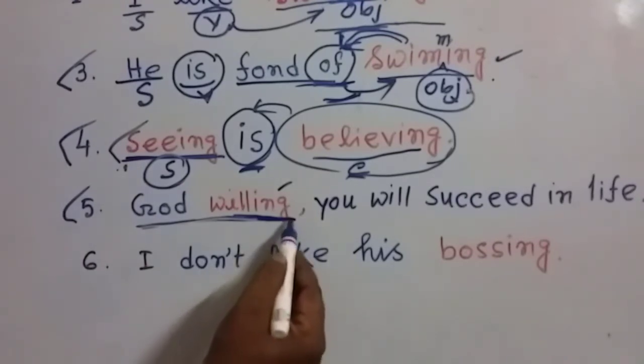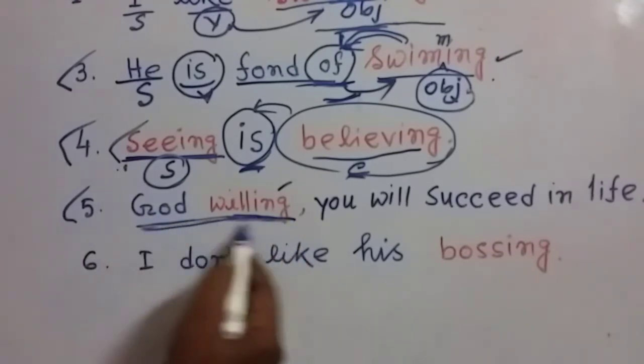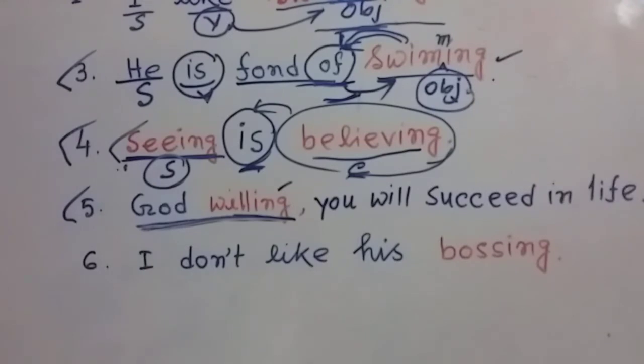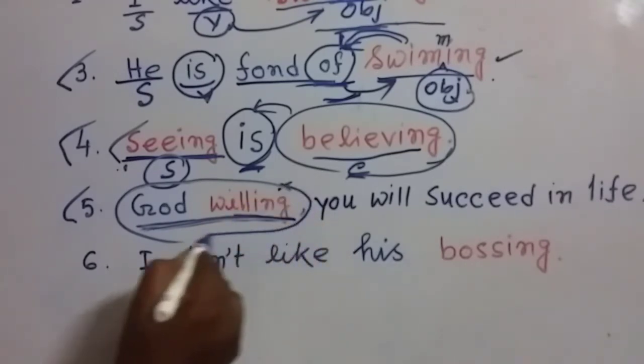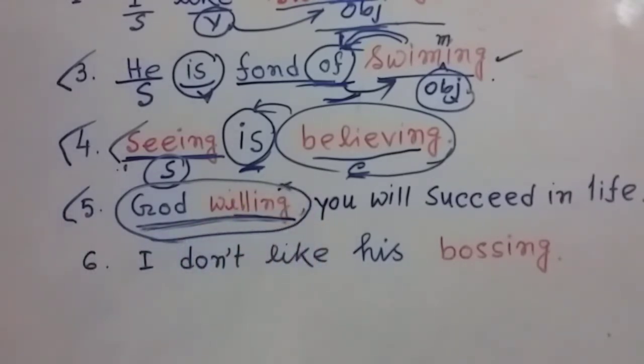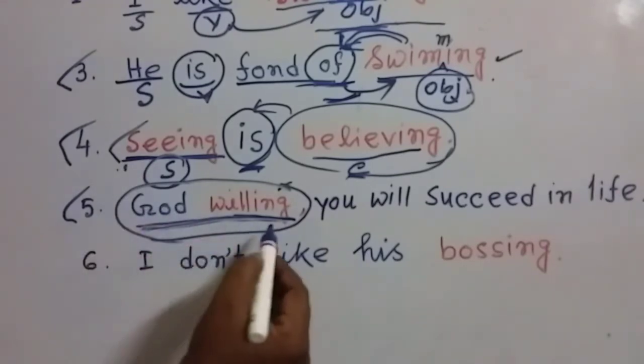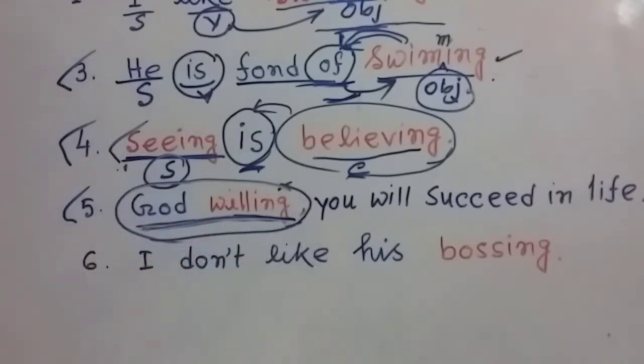As it is a phrase, you can see this is a group of words. Actually 2 words are there and these are jointly used. These types of phrases, where 2 or more words are used together, are called absolute phrases. So my dear friends, in this way we can use the gerund.